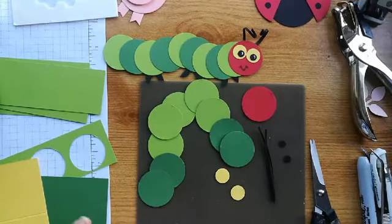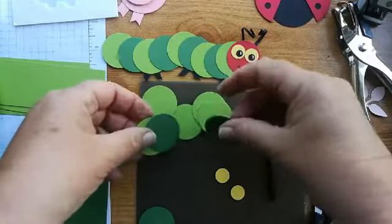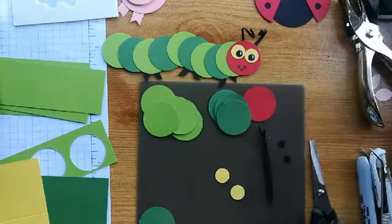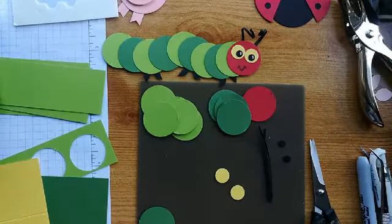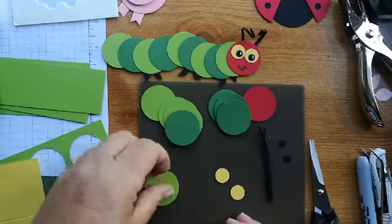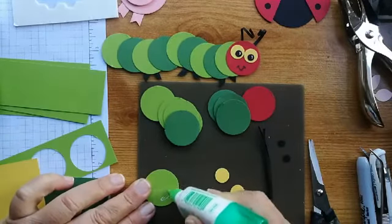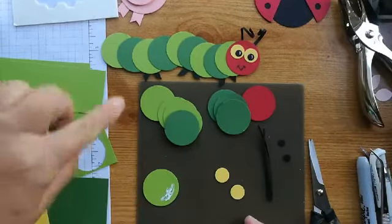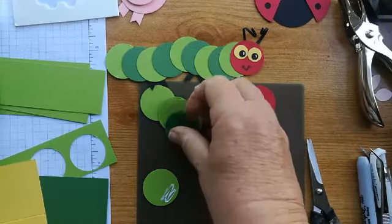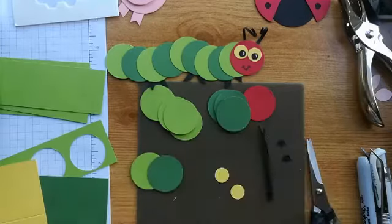Okay, so to put this together, we're going to start at his bottom end. All I'm going to do is alternate the light and the dark green. I'm going to use wet glue. So I have our Tombow glue here. And all I did, let's start with the lighter one, was literally put a little bit of glue sort of in that corner. So if you look at where the overlap is, just put a bit of glue like that and then popped the green circle on. Okay, then I've done the same